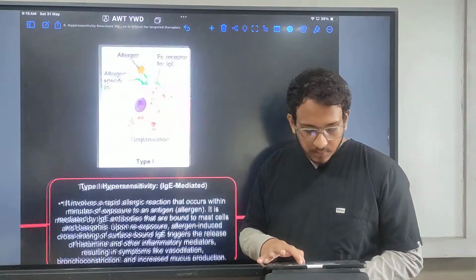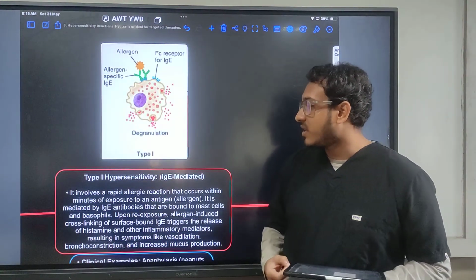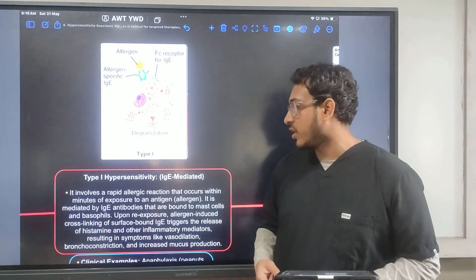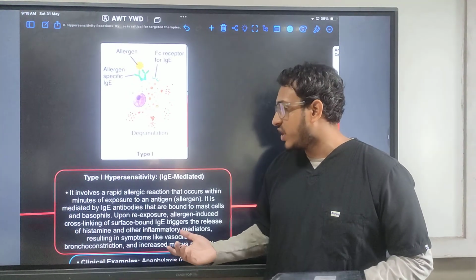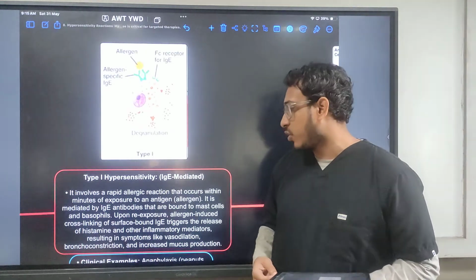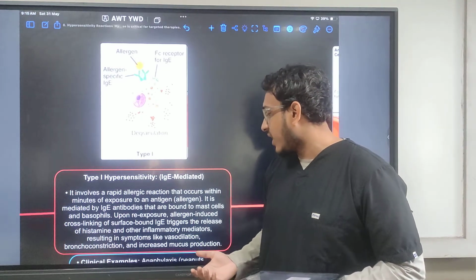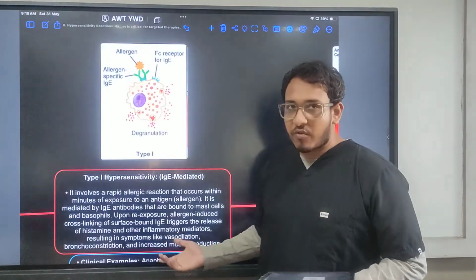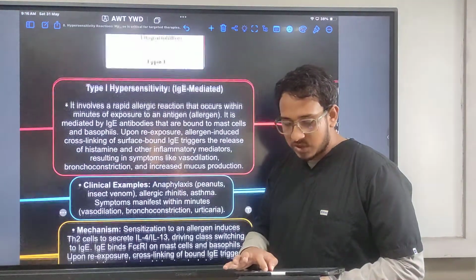So coming to the type 1 hypersensitivity, it is IgE mediated. It involves a rapid allergic reaction that occurs within minutes of exposure to an antigen, that is also called an allergen. It is mediated by the IgE antibodies that are bound to the mast cells and basophils. Upon re-exposure, the allergen-induced cross-linking of surface-bound IgE triggers the release of histamine and other inflammatory mediators. So for type 1, the histamine and other inflammatory mediators are the key molecules that will produce the